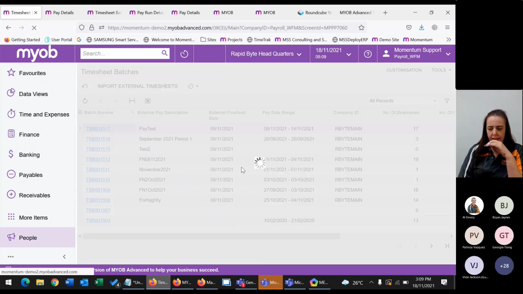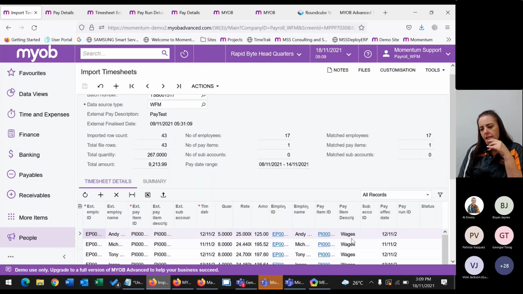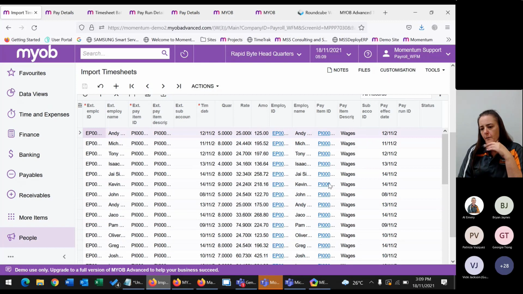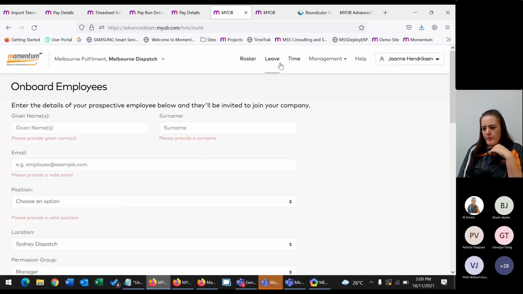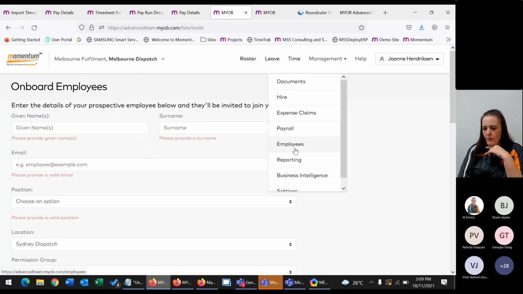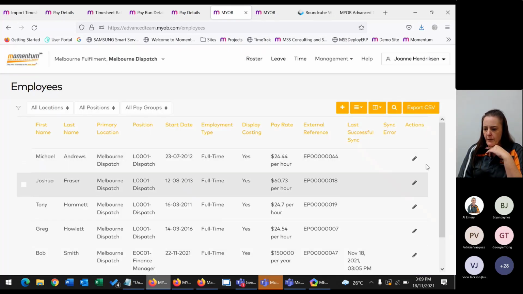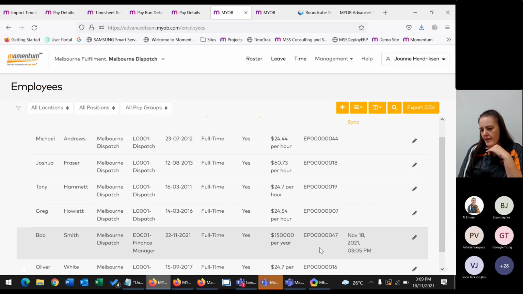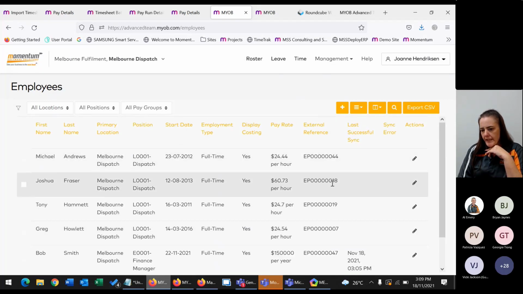If we have a look at our pay test, you can see that in these pays, all of the mapping is already done. Every employee in workforce management has your external employee ID. So if we have a look at these external references, they are all of our MYOB Advanced People employee IDs. So they automatically map through.